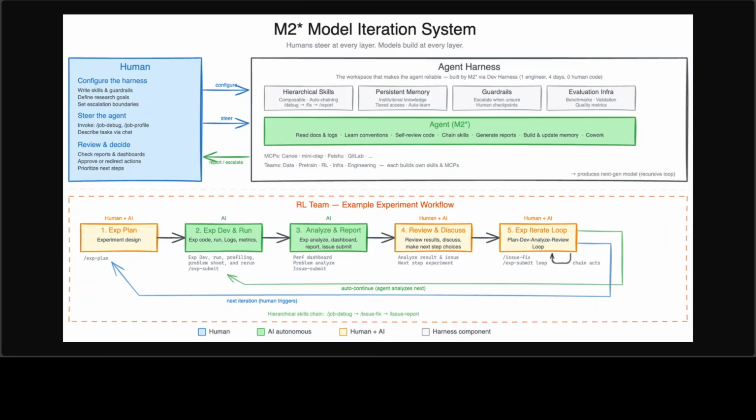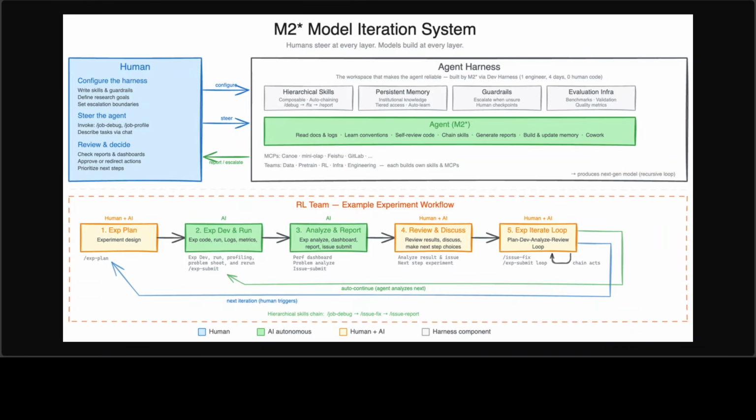Again, this is the iteration system, which I really want to explain in simple words. So look, this is the architecture of how M2.7 was built, and in my opinion, this is the most important slide of this video, because this is the story I want you to pay attention to, the M2 star iteration system. Humans configure the harness, write the skills and guardrails, set the research goals, then the model runs the